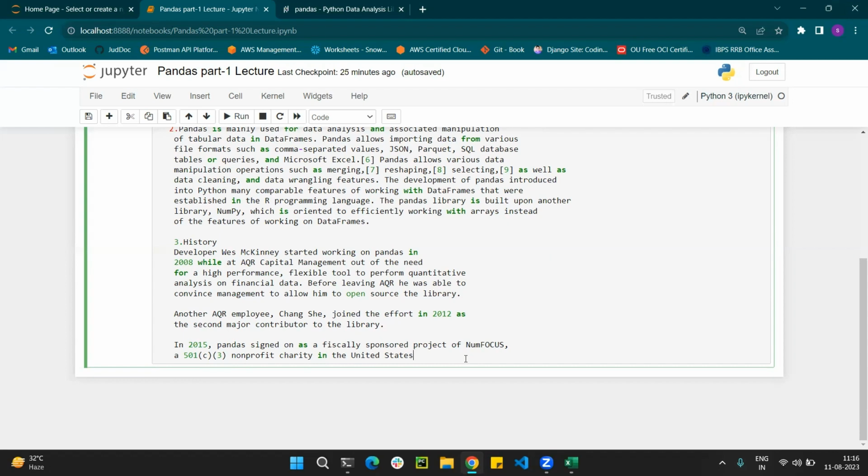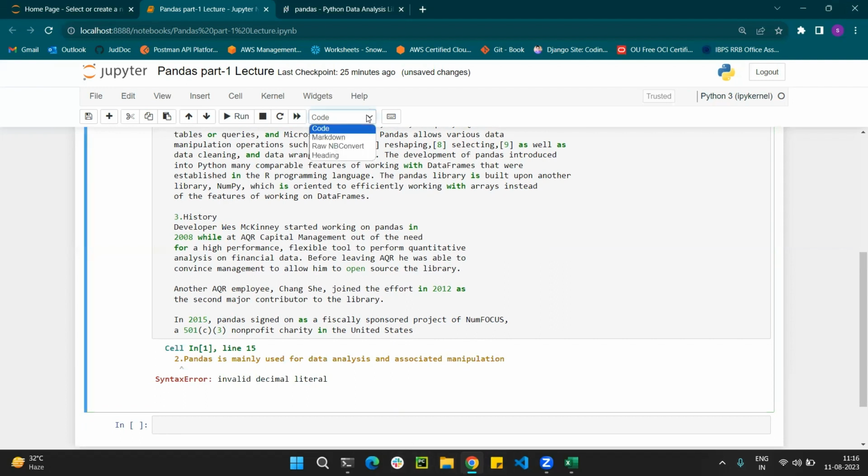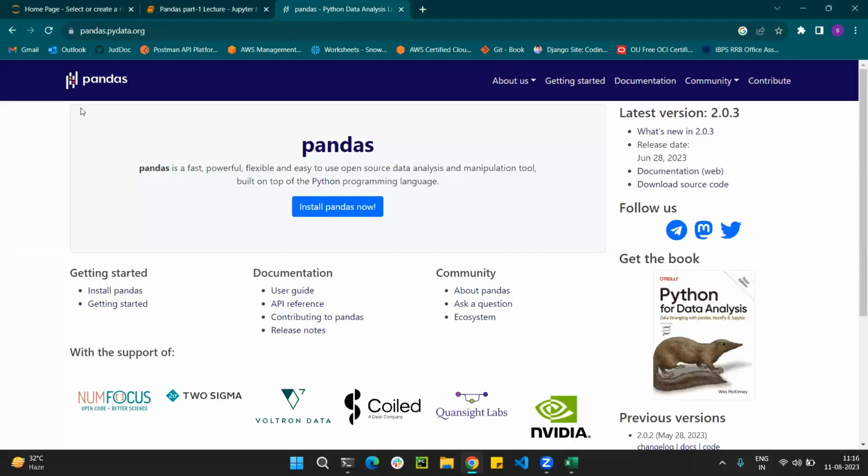Okay, so this is the introduction, and now moving forward to the main things. First thing, I will show you something. So this is the Pandas library.